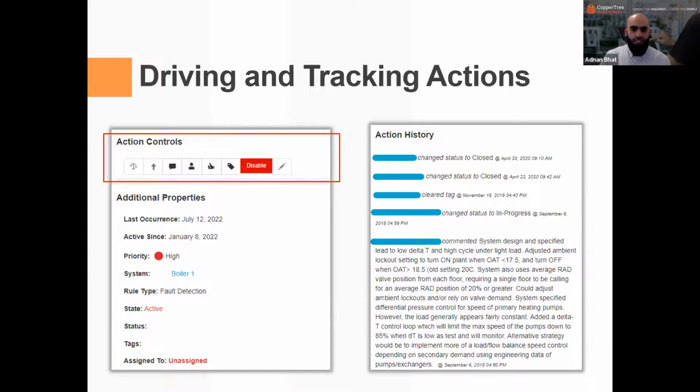Our platform Kaizen also helps users to take and track action against issues occurring in their facility. So users can assign tasks, update the status of a fault from closed, in progress, or open, and add comments and tags to take control over how they want to present and respond to issues. And this facilitates better collaboration and transparency within different teams of the organization. For example, if a team is working with a third-party contractor, they can have access to the platform as well to continuously track what's being done.